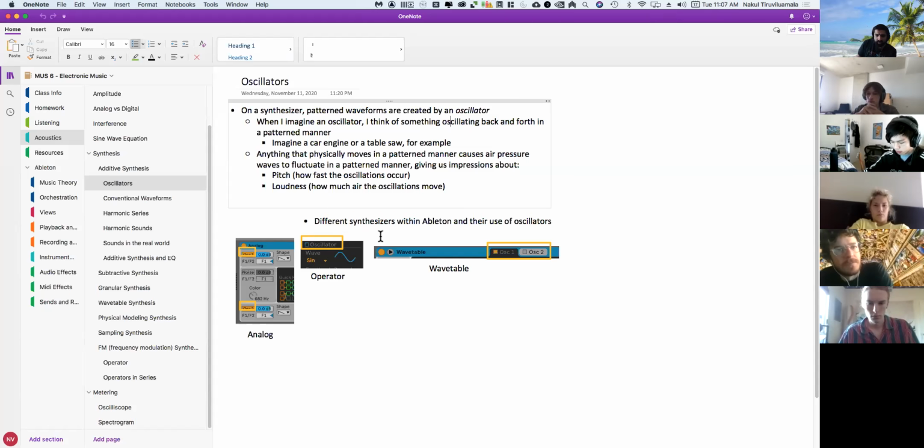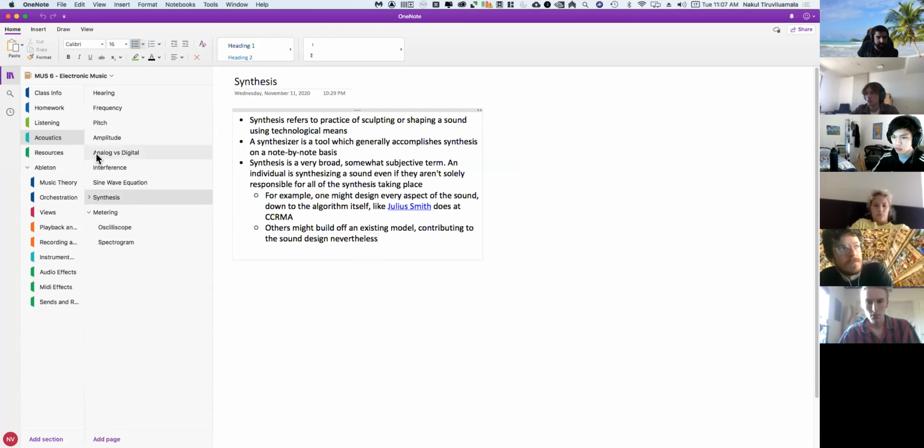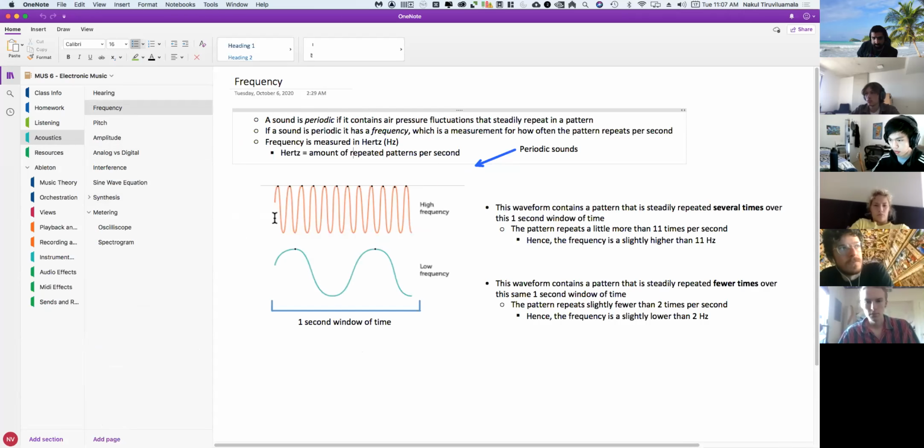Remember, the reason that we hear frequency is because we hear a certain patterned repetition of air pressure variations. We register these patterns as frequencies. So the more patterns we hear per second, the higher the frequency. The fewer patterns we hear per second, the lower the frequency, right? So anyway,